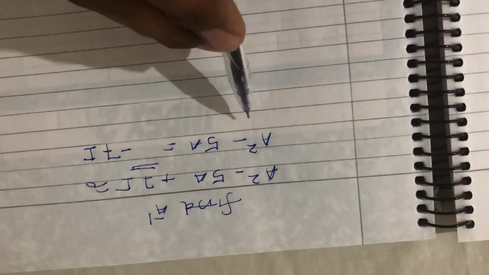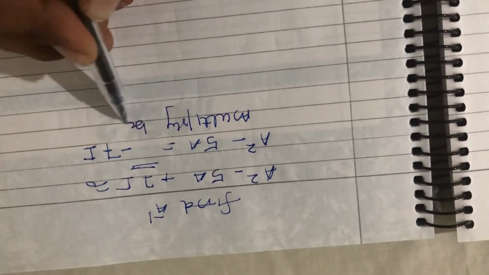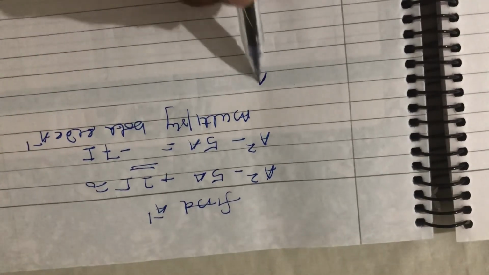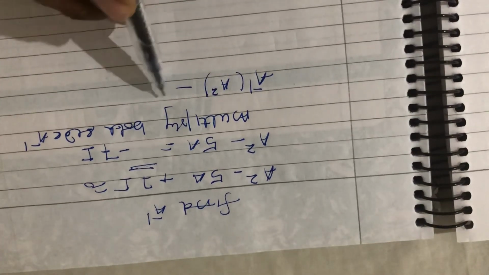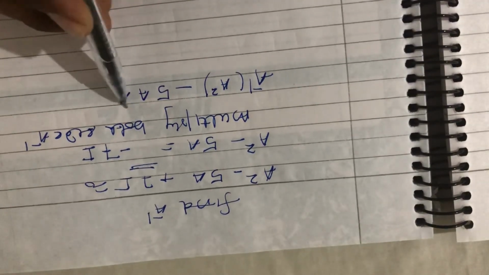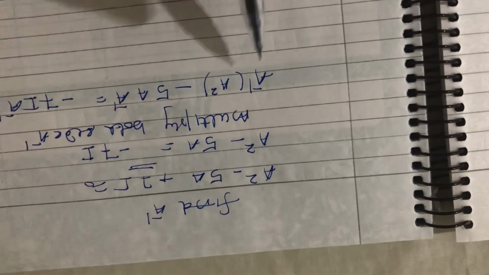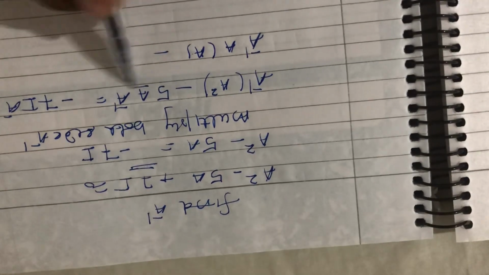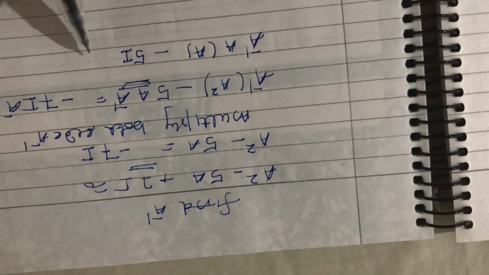I multiply both sides with A inverse. It is A square A inverse minus 5 into A inverse is equal to minus 7I into A inverse. Then I break it, it is A into A inverse into A minus 5, it is I. A into A inverse we have I is equal